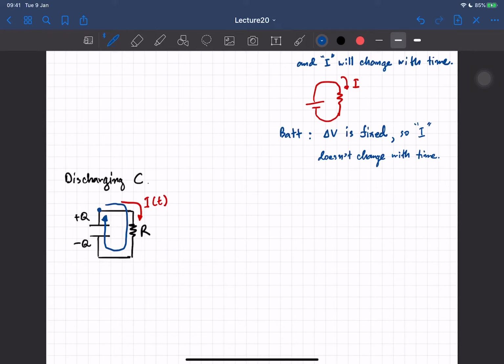So the first element that we encounter is this resistor. So applying the loop rule, we're going to have the first element, and we are walking in the same direction as the current, so it's going to be the minus sign, so it's going to be minus I. It's a function of time, but I'm not going to write that now to make everything clean. So minus IR,